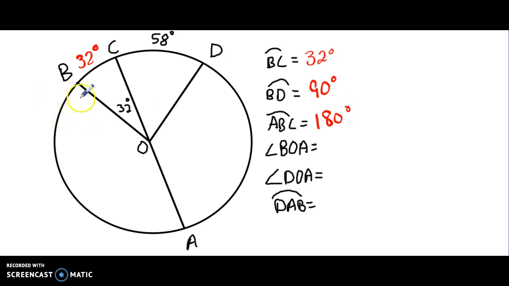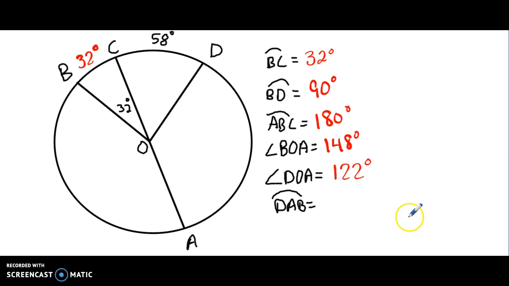If I'm looking to find the angle measure, notice the notation, this is arc, this is angle, BOA, then I'm going to take 180 degrees and I'm going to subtract this angle here, which is 32, and that's going to leave me with 148 degrees for angle BOA. Angle DOA, I'm going to do the same thing. This is the other half of my circle, so 180 minus 58, and that's going to give me 122 degrees